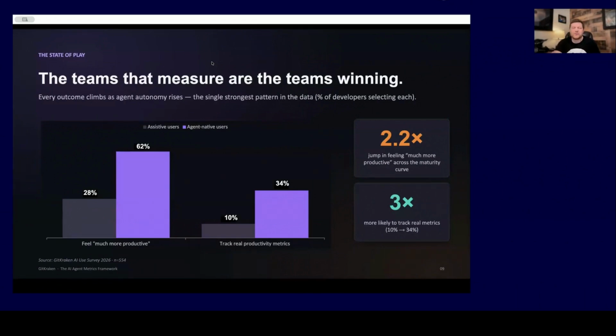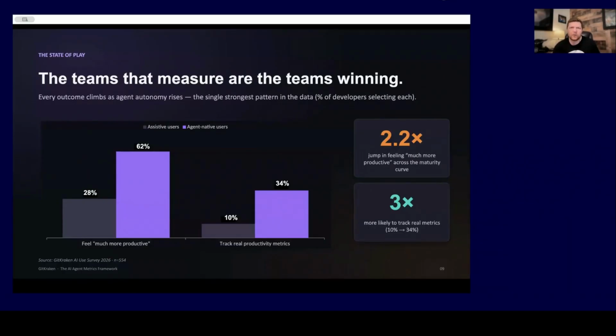So from this research, again, something really popped out to us, now that we look at where GitKraken is going, and where our products and our users are going. One of the things we wanted to uncover in the research was how agentic teams are. And then we wanted to correlate that with how productive they feel and how much they're measuring. One of the things that came out that was really surprising, and this would really change how you think about measurement: it's not just hygiene. It's really the thing that separates the teams that are getting real value from the teams that are still just